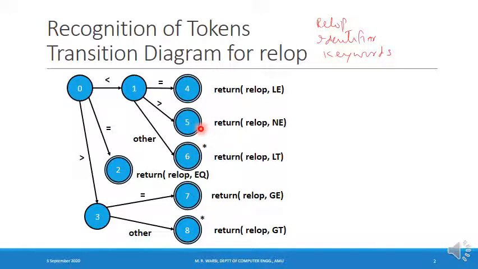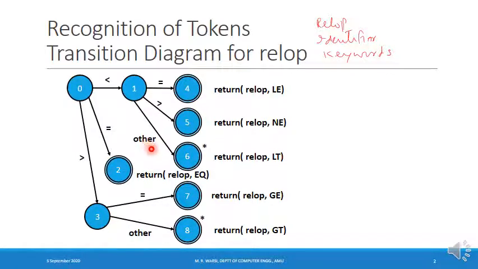The second point that you notice in this finite automata is that some of the final states are marked with a star while some are not. State numbers 6 and 8 are marked with a star, and the remaining final states are not marked with a star. The meaning of a star is that the last symbol is not part of the lexeme. The last transition is on other symbol, and this other is not part of the lexeme.